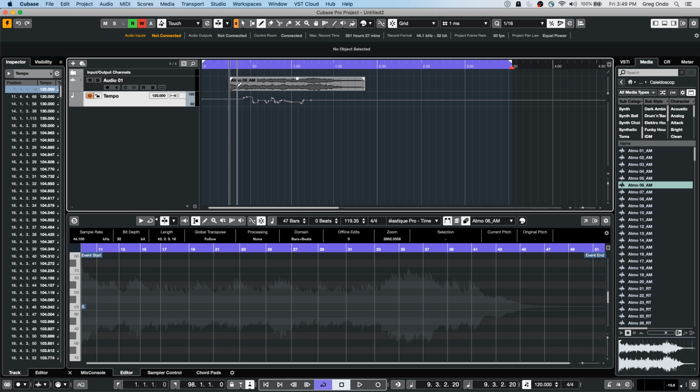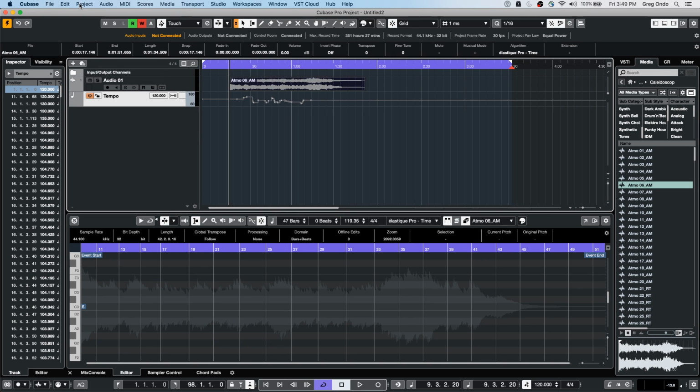All right, and let's say this is the tempo map that's been extracted directly from the file. What you could do is, let's say we did a tempo detection on the audio,